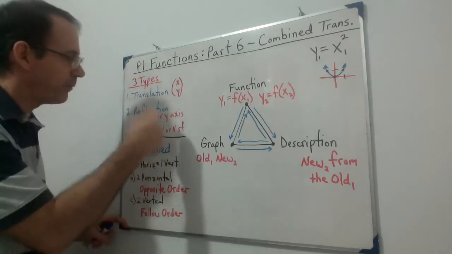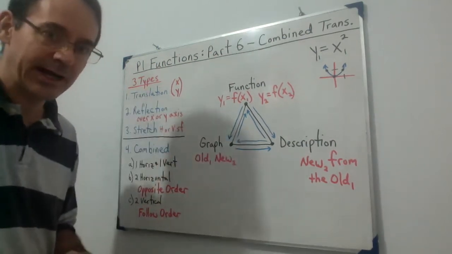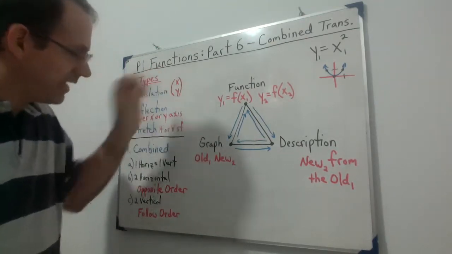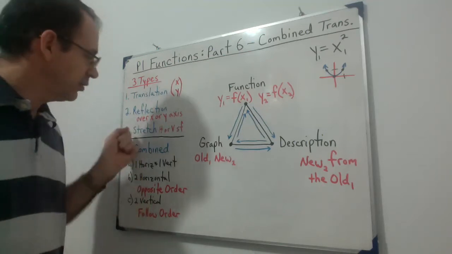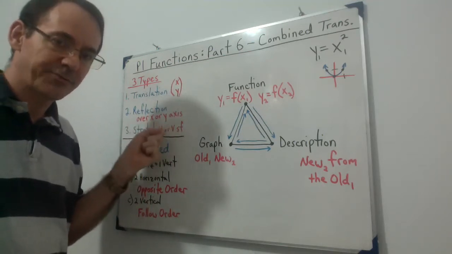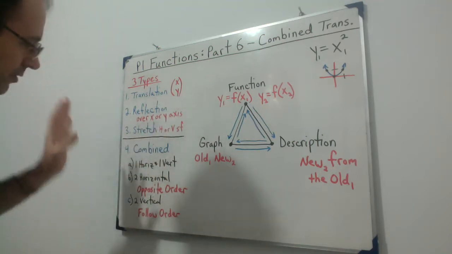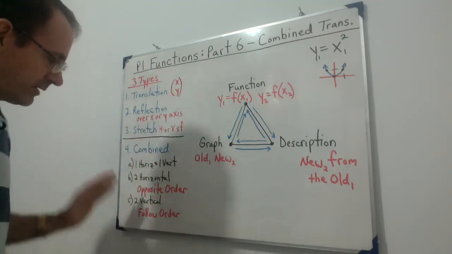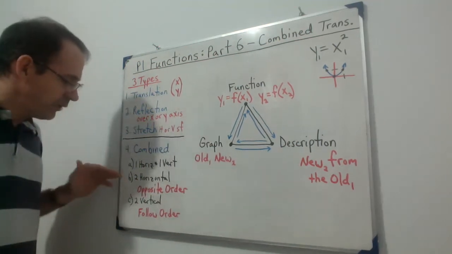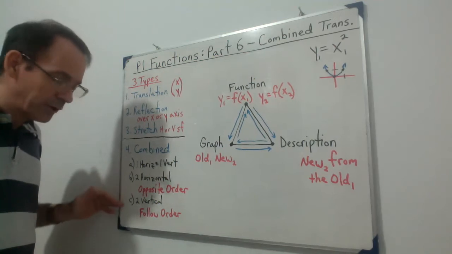So again, if you have a multiply and an add or subtract, you're going to do the add or subtract first, the translation first, then you will do the multiply, or it even could be a divide if your scale factor is a fraction. Okay, so this is going to be important. Now, the way they state it is that if you have two horizontal or two vertical,